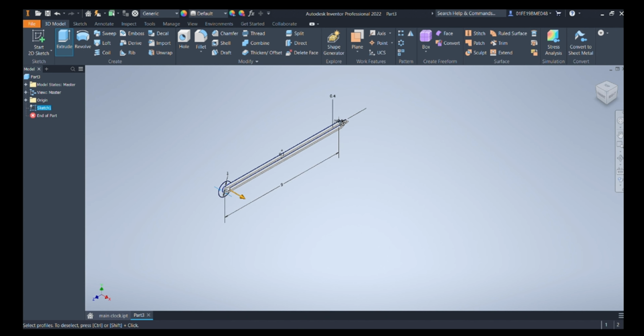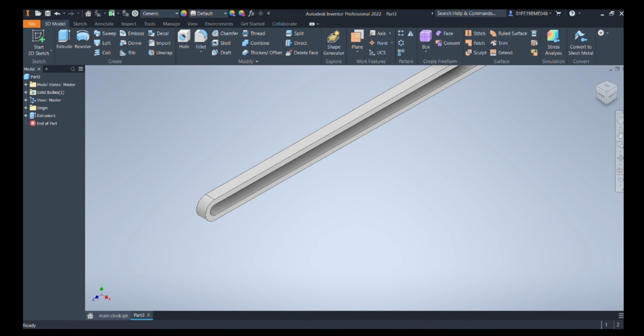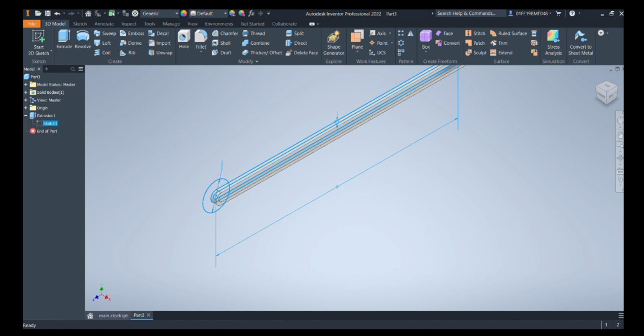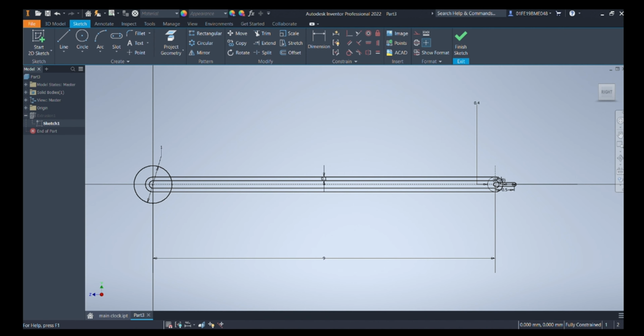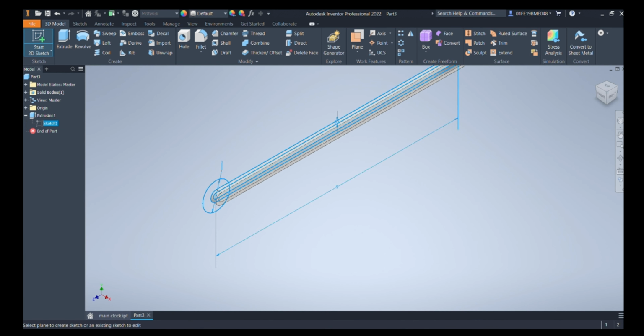Once we select one face, like if we take it towards the front end, then we need to extrude the circular part towards the back end. We need to reproject the sketch, and once the sketch is projected, we will extrude it towards the backwards. Yeah, we have projected towards the backwards. Now we are done with our long hand. We'll save the part with the same name.